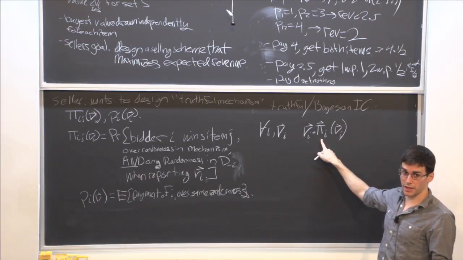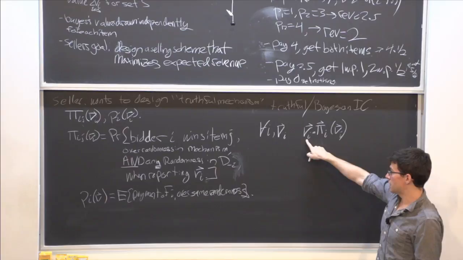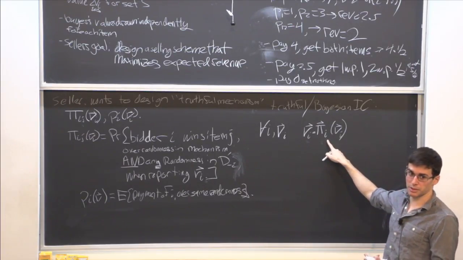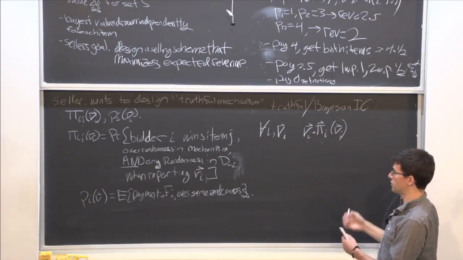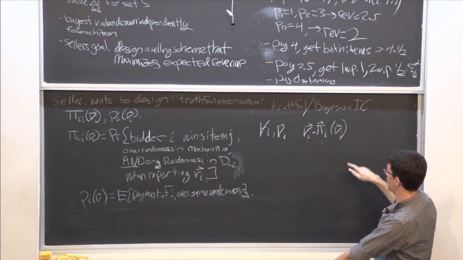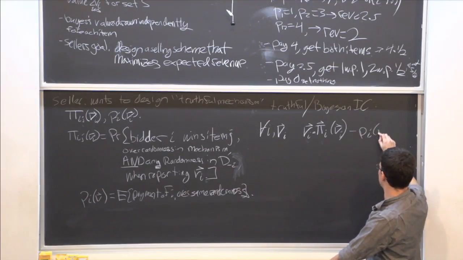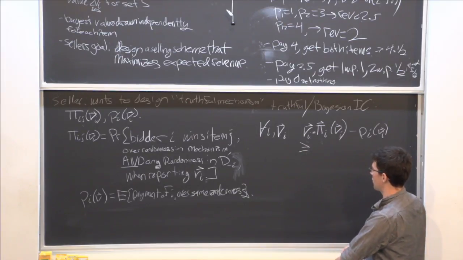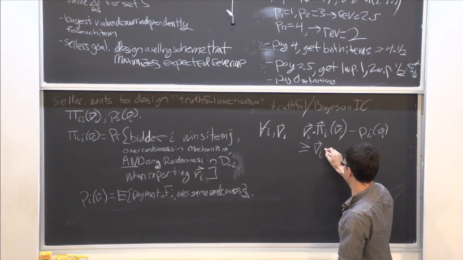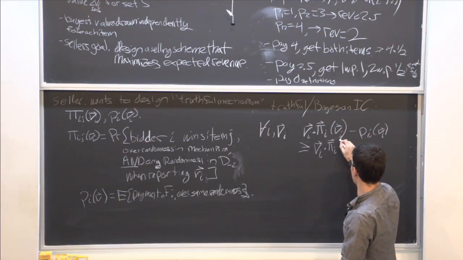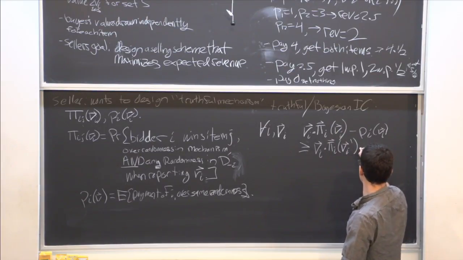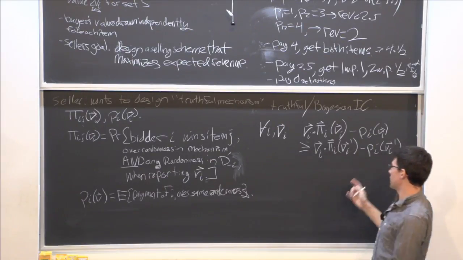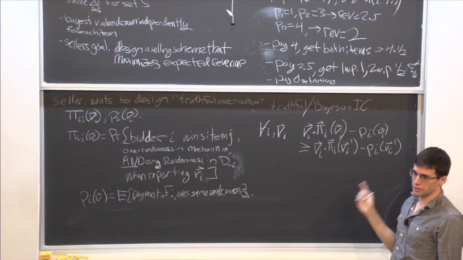This is the probability vector of items that you're going to get. This is just you evaluating your value times the probability that you get an item. Okay, so this is your expected value for participating, and this is the expected price you pay, and you want this to be at least as large as